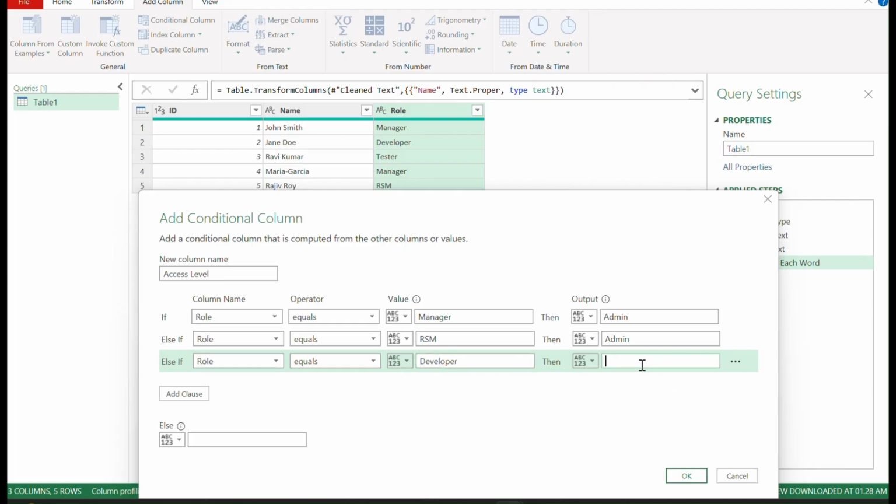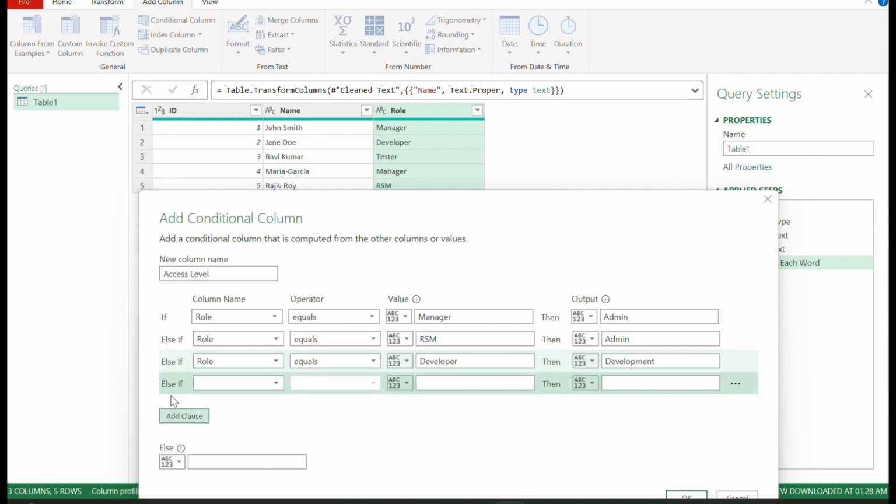Then give the access type, let's say, development. Also, you just give the same for the testers. TEST is what is there. If the role is tester, then give development